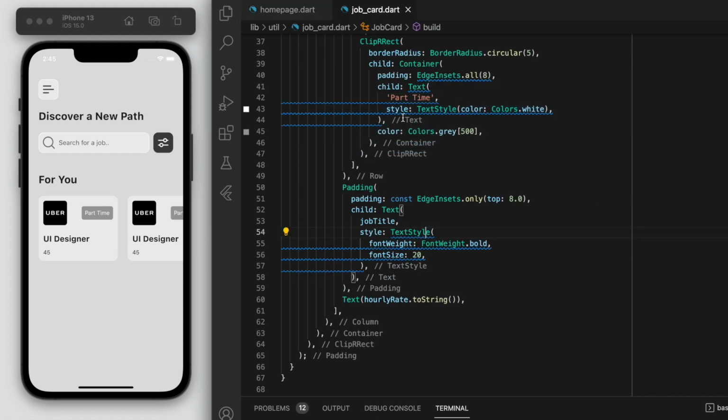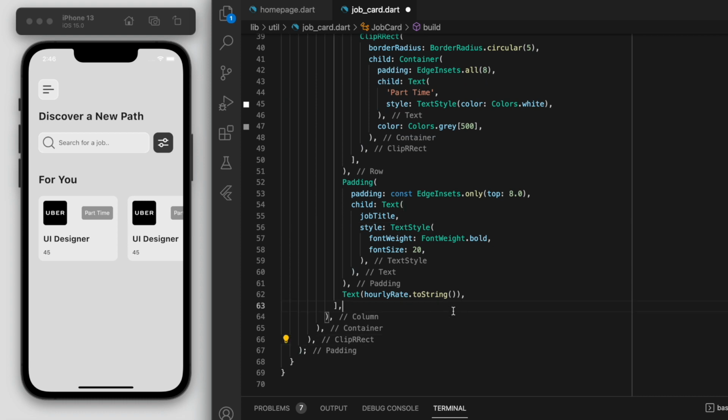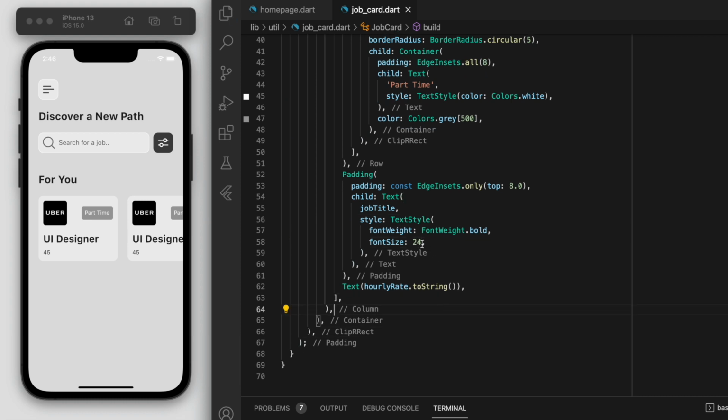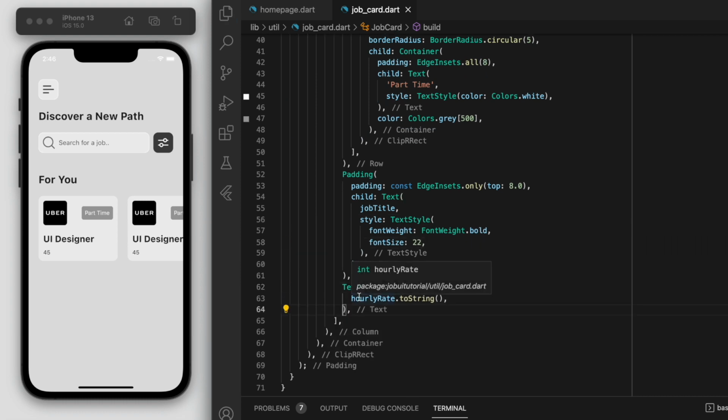And for the hourly rate, if it's 45, then we're going to need to add a $ sign on the left and a per hour on the right. Cool, so this looks pretty good so far. Now, coming back to our home page,